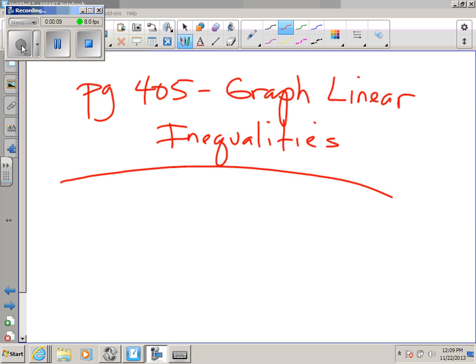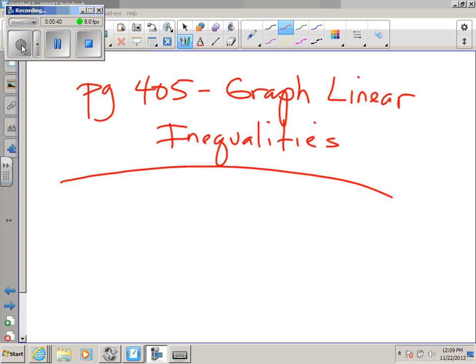A linear inequality in two variables, such as x minus 3y is less than 6, is the result of replacing the equal sign in a linear equation with less than, greater than, less than or equal to, greater than or equal to. A solution of an inequality in two variables, x and y, is an ordered pair that produces a true statement when the values of x and y are substituted into the inequality. For example,